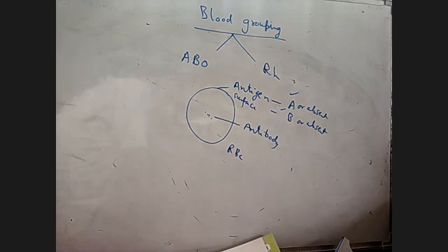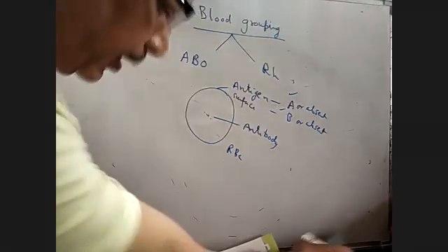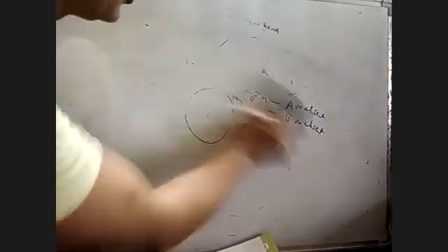During the transfusion of blood, we have to see that the blood of the donor and the blood of the receiver match. If the two blood groups do not match, then coagulation or clotting of blood starts. To prevent clotting and coagulation, blood grouping is very essential. Now the ABO grouping.